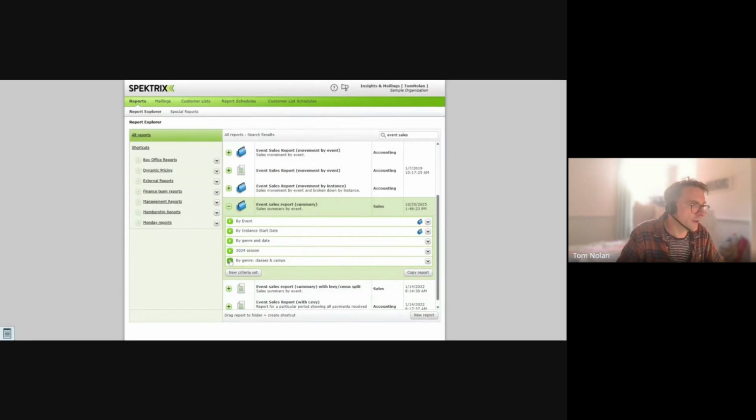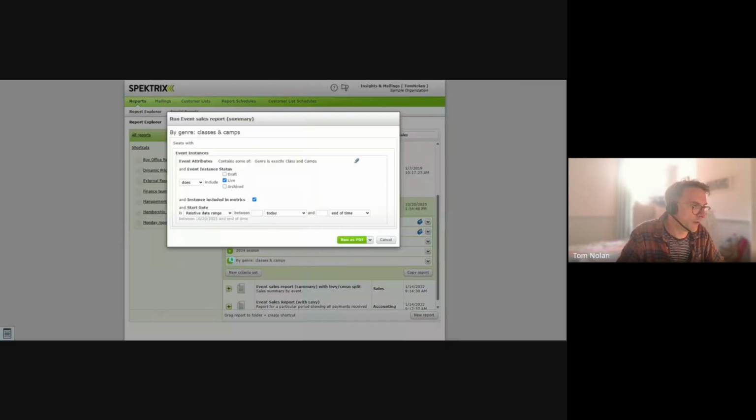You can also, using criteria sets, pull in more registrations into that. So we might say, let's group together, and this is using the concept of attributes in Spektrix, where you can categorize all of the items, events, tickets and donations that you're selling. So here I've got, in this demo system, a genre classification for class and camp. So here I'm saying I want to include any of those events that have been classified as class and camps,